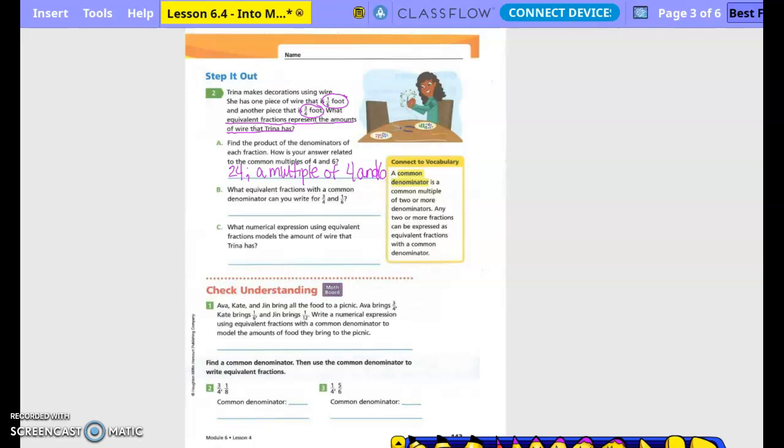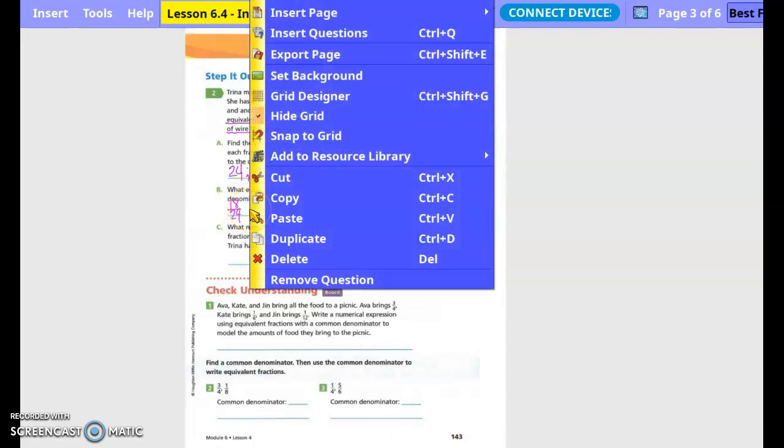Okay, so letter B, what equivalent fractions with a common denominator can you write for 3/4 and 1/6? Okay, so technically if we use the 24, how did I get from 4 to 24? Times 6, so what I do on the bottom, I do on the top. So 3 times 6 is 18, and